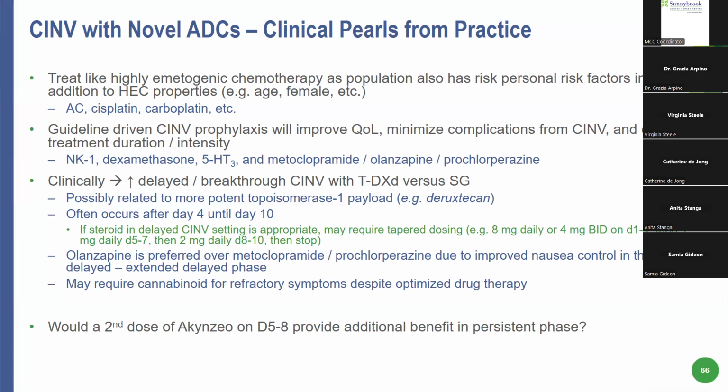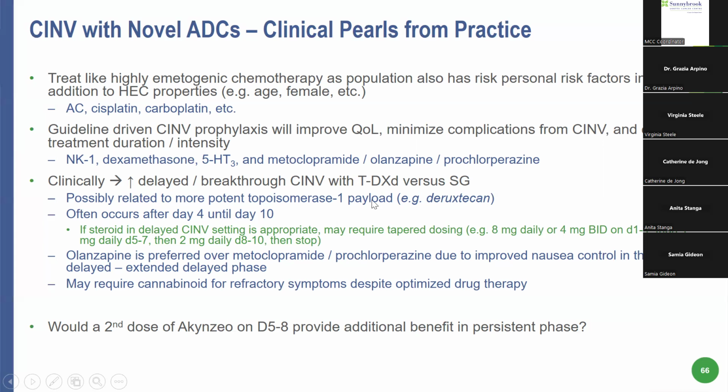So basically the treatment doesn't really change according to classification. The triplet would be a good prophylaxis, and so you need to have an NK1 receptor antagonist, dexamethasone, and a 5-HT3 receptor antagonist, and eventually add olanzapine or other compounds in cases needed. And in order, you need to address immediately this type of side effects,